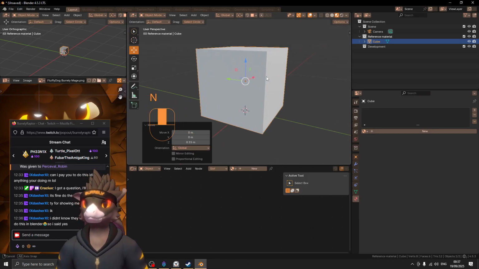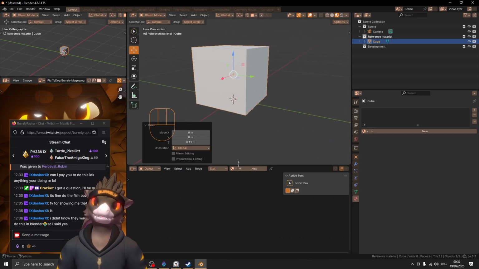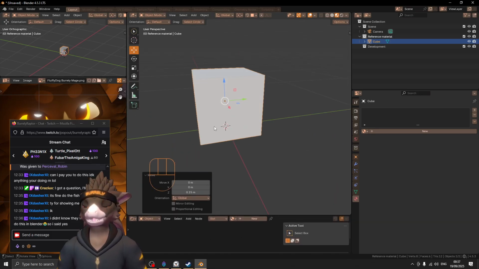Currently it's a cube. There's not a lot you can do with this. Obviously you don't want a cube fishbowl, or maybe you do. I don't know. We're making a round one today. So next up,